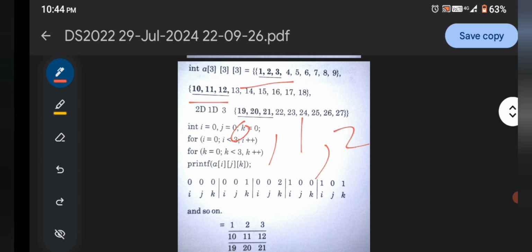and 2. Okay, so here all the initial values of the array A start from 1 to 3, and for the second one 10 11 12, and for the third one 19 20 and 21. So it is a very easy question, and after that there is a \n printed for each of the loops. Due to this reason you can get this type of answer. So it is very easy, you can see it. The correct option for this question is option A. Okay, so this is your correct answer, option A.